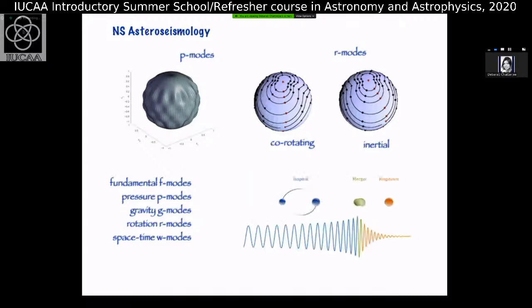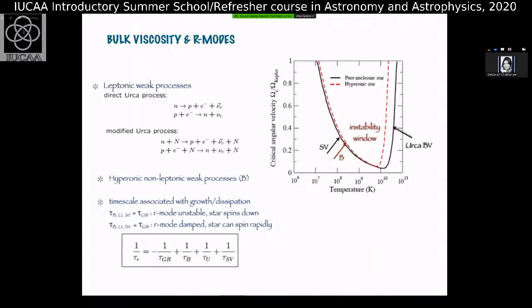So not only isolated neutron stars have these oscillation modes; what is interesting is that there could be imprints of these oscillations even in the inspiral, the merger, and the ringdown phases of neutron stars, which can give us further information about the interior composition of neutron stars, because these modes again depend on the composition. So just to give you an example, for the case of the rotational R modes, it was shown that R modes are